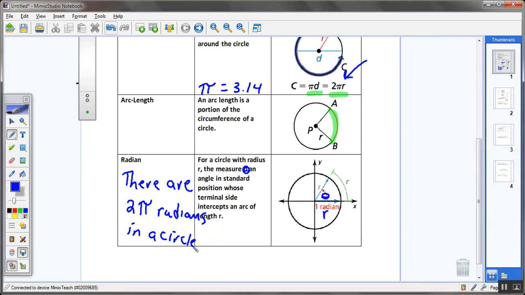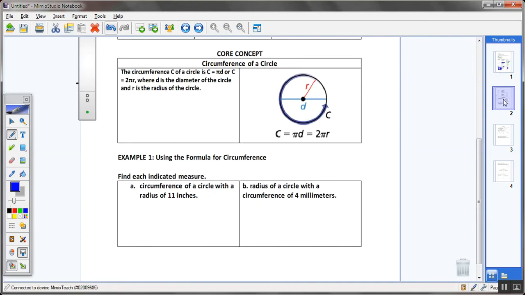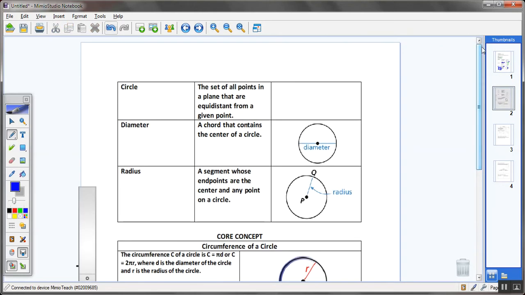Okay, then, next page here. So, circle, you know that, I don't need to draw it. It's a set of all points in a plane that are equidistant from a given point. All right? It's like a same